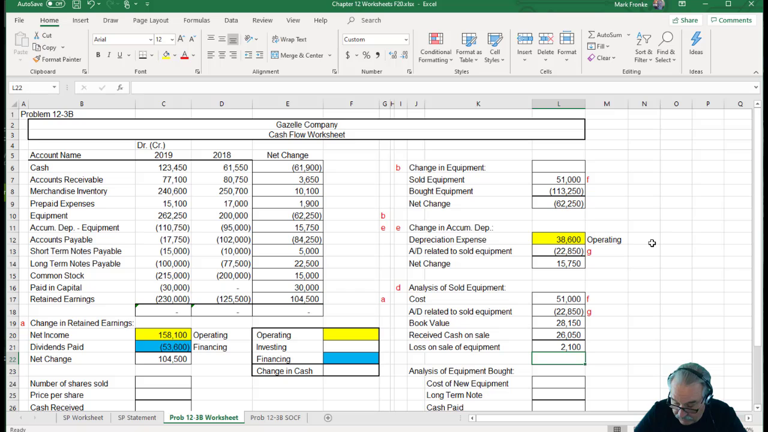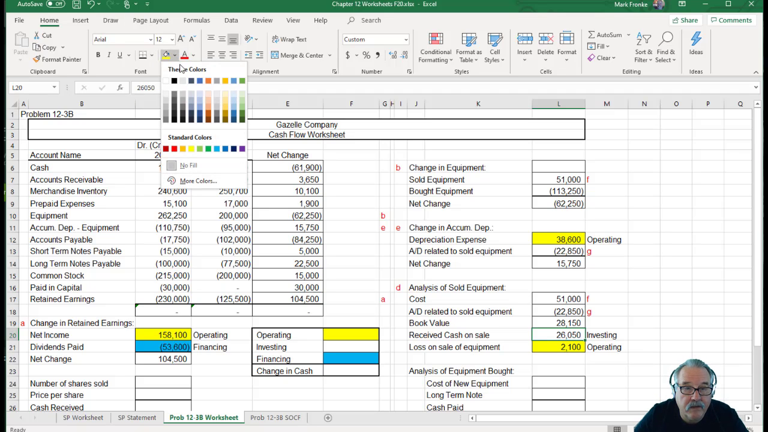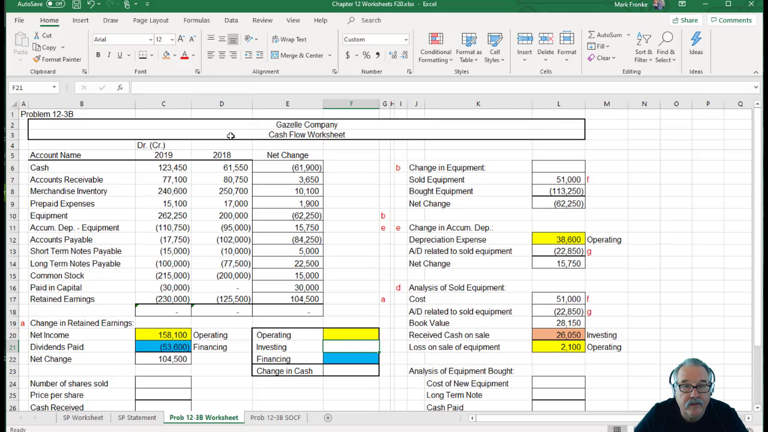We have a loss on the sale of that, and the cash we received is an investing activity, and the loss is an operating activity. So we will put that as yellow, and then our investing activity we'll use maybe a salmon color, something like that. Okay. Now continuing on, we had the